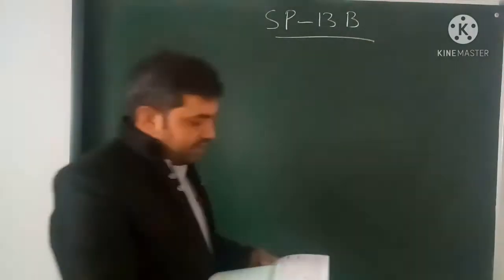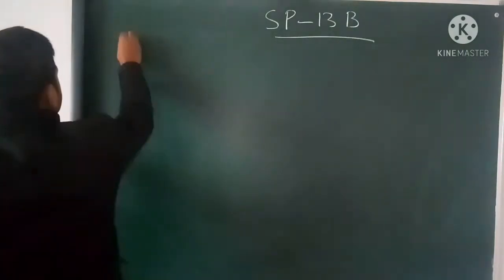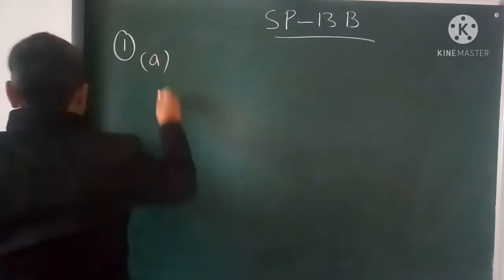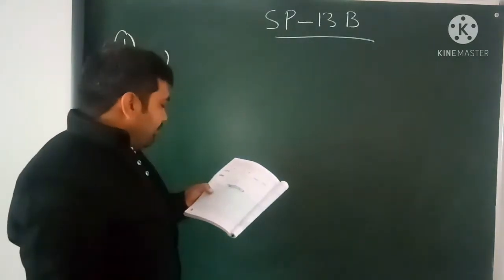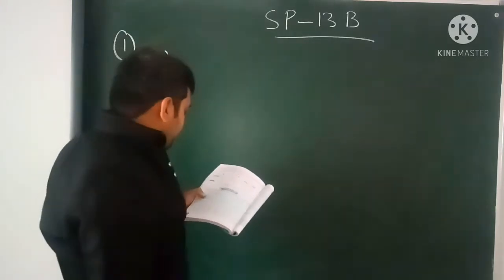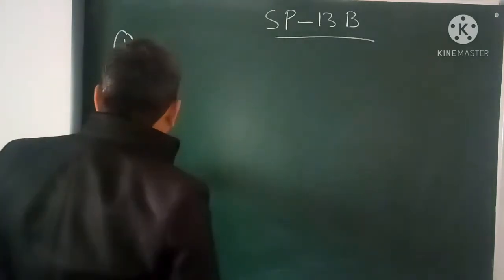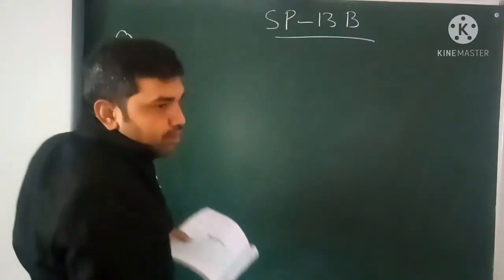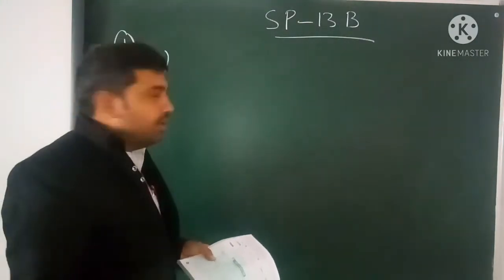Now here you see the cell practice problem B1. In this you will find A. Copy each net into your book and add the face that is needed to make the net of the named solid. State the added face. So here it is the net of the cuboid. As you know, in the cuboid each face is a rectangle or square.